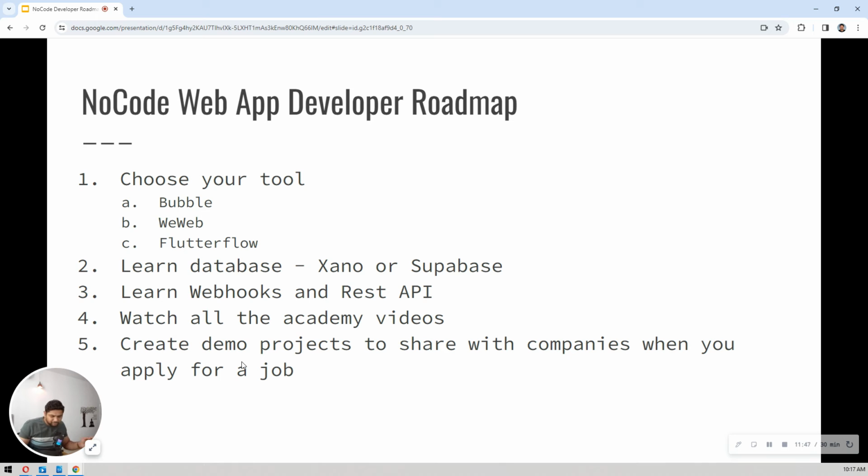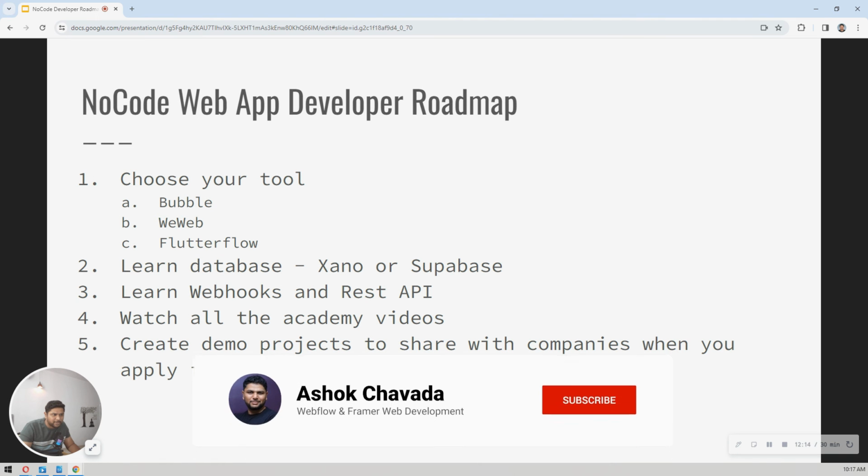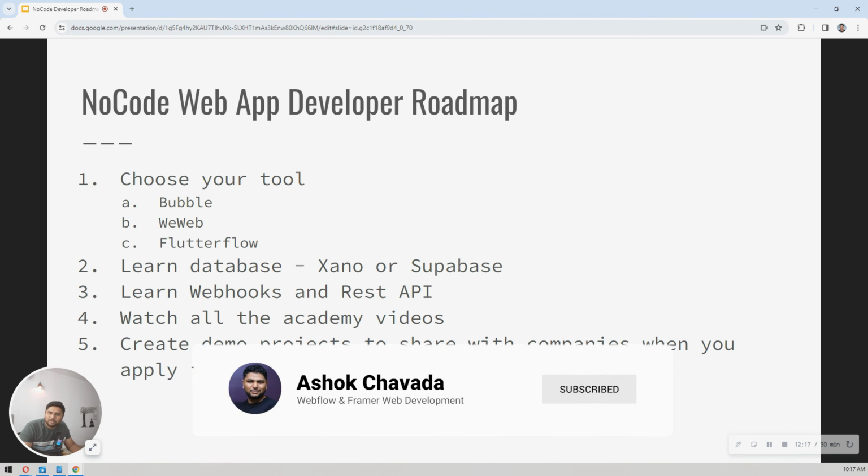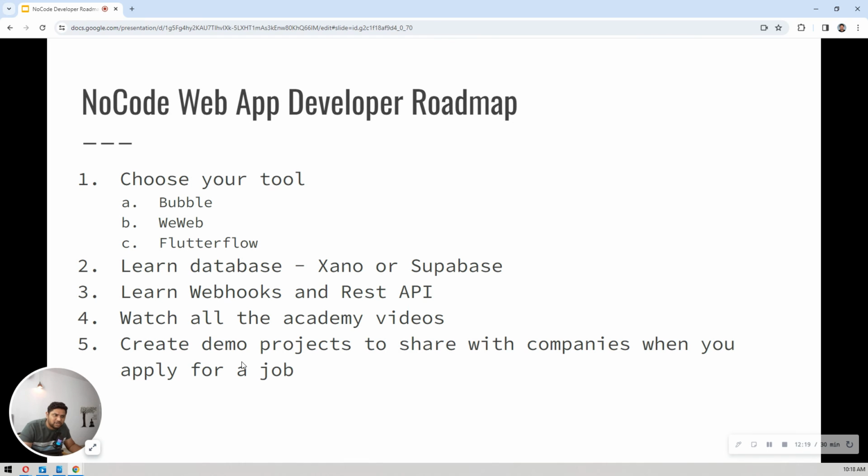Create demo projects. Let's say you create an Etsy-like marketplace, a website like Uber, or websites like Dribbble. Start creating these websites, and start learning databases and layouts, how to create layouts with Flexbox. Bubble has these Flexbox things now, right? Their responsive engine is amazing. I have tried Bubble and built a few websites. I have cloned Instagram in Bubble. I have cloned Uber in Bubble.